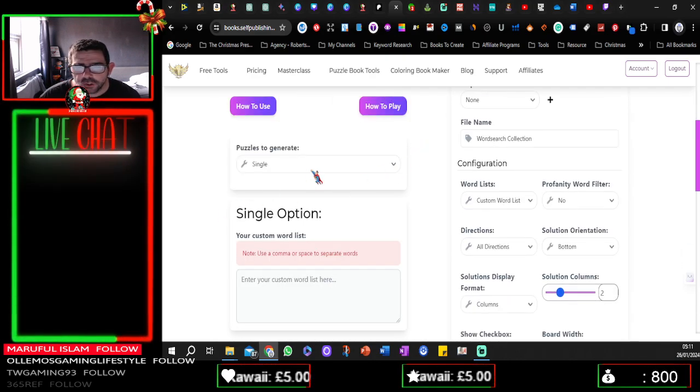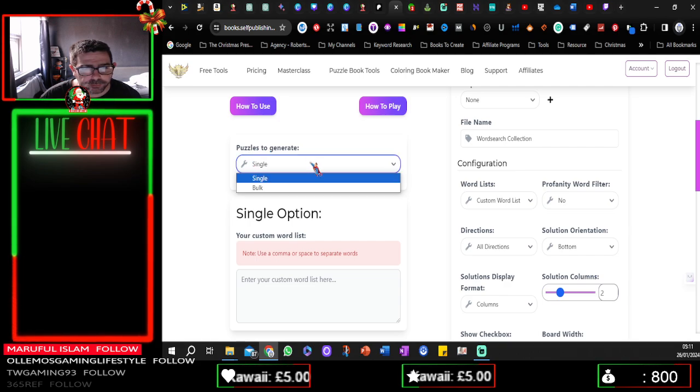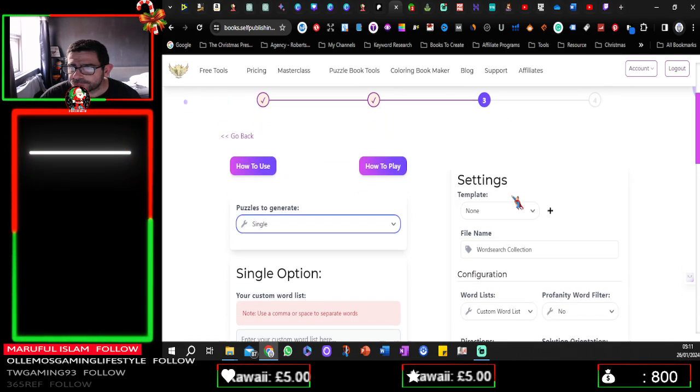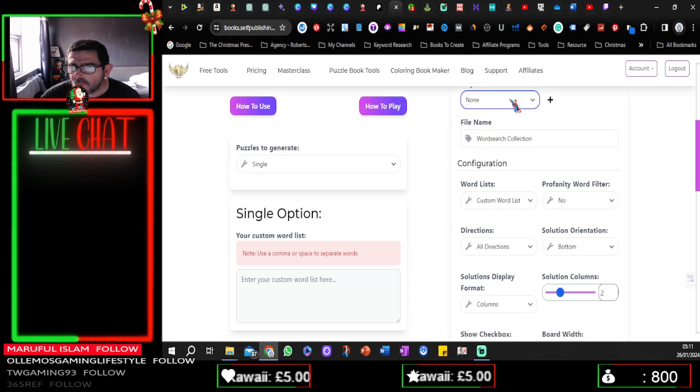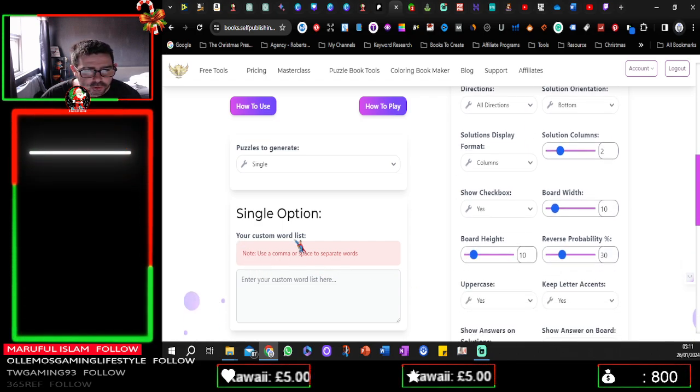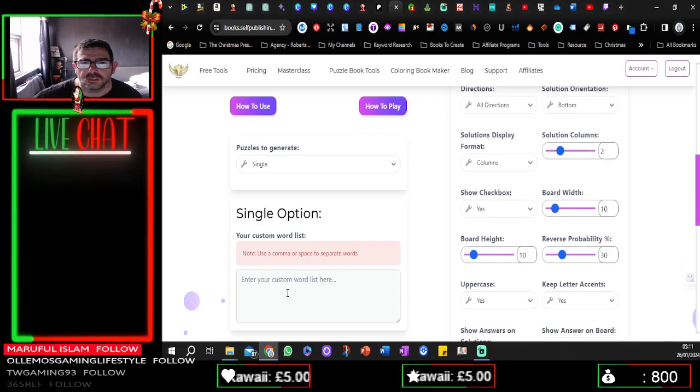Now, you can change lots of these different settings here to make it how you want it. You can title it, but we're going to keep all these basic. And here it says your custom word list. So all you're doing is